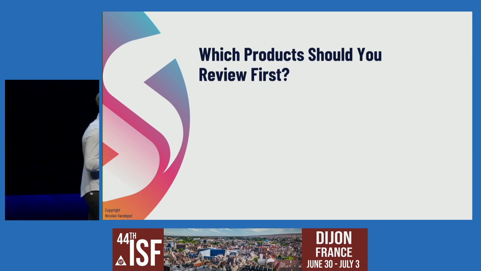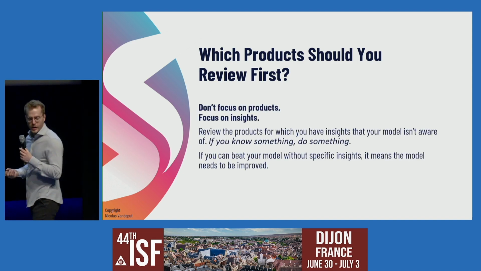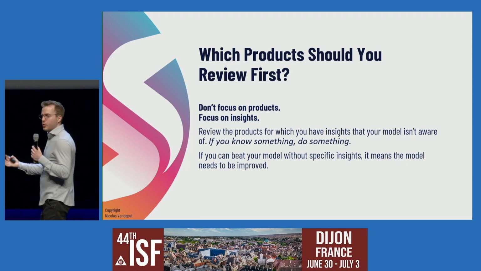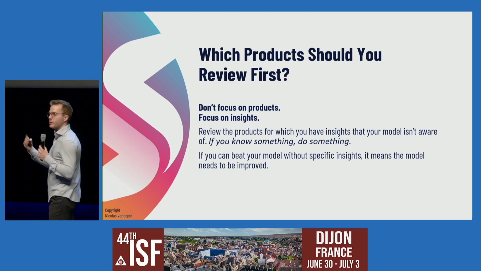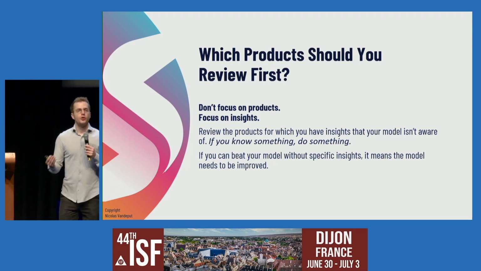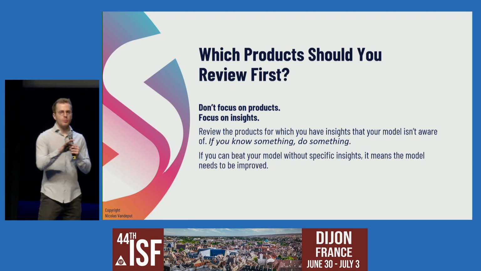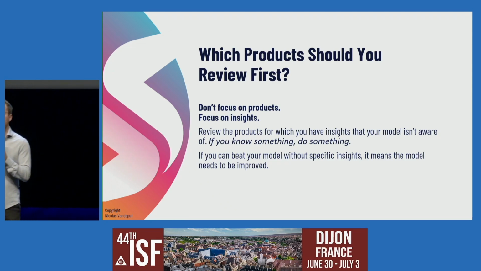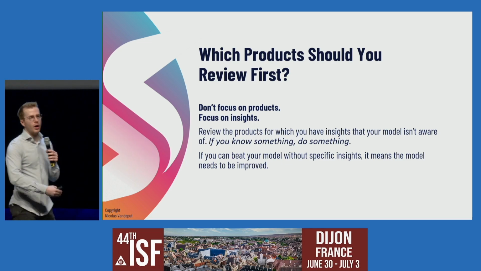For me, the real question is not what product should I review first. The real question would be, what do I know? What kind of insight could I get, what did I hear about my client, and then you review, you enrich the specific product and client. So instead of focusing on the biggest product, biggest client, you should focus on what kind of information you can get and what you know, and let your machine learning engine cope with all the other products automatically, and you can safely assume that the machine learning engine knows, and you should only act if you know something. So instead of focusing on the biggest client and product, focus on insights.